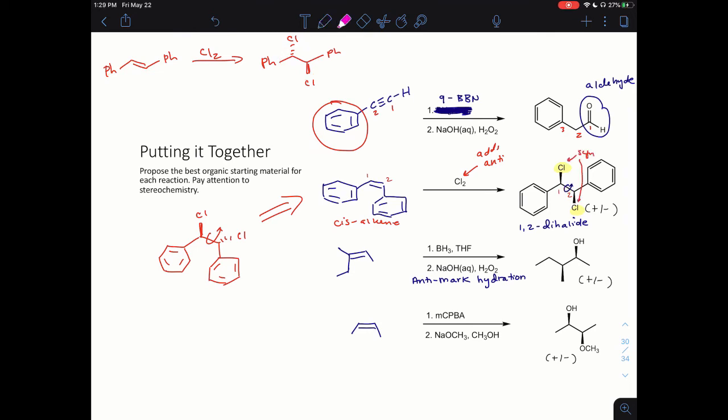So for the next example, we have hydroboration. And for certain, this carbon bonded to oxygen was one of the carbons in the alkene that made this product. Okay, so it's that carbon right there. But you really have two choices. The alkene can be here or the alkene can be here. If you had the terminal alkene, you would not get this product from hydroboration because this carbon is less substituted. So if you had an alkene here,